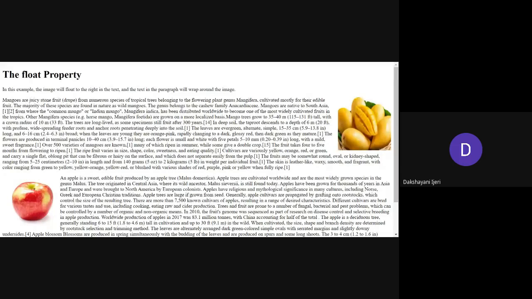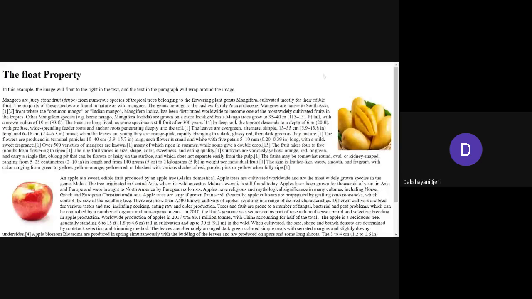If you want to make it appear for any content, make sure you restrict the size of those contents, no matter whether it is an image, a paragraph or a heading. To whichever element you want to fix at one position, make sure that the size you define for that content is appropriate. If the size is not appropriate with the float property you have used, you might not make any difference in the appearance.